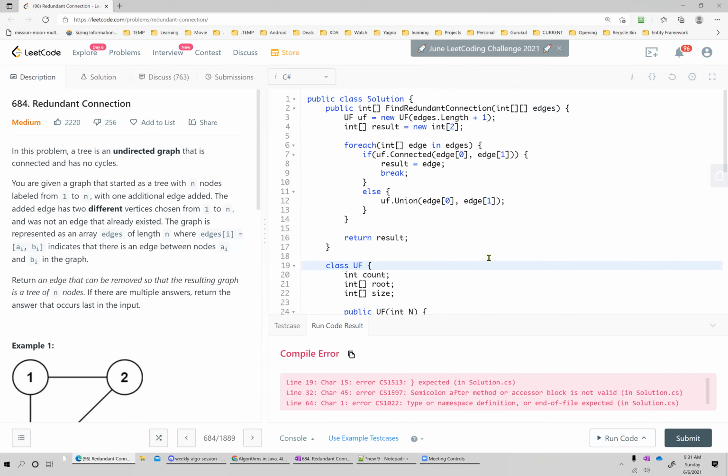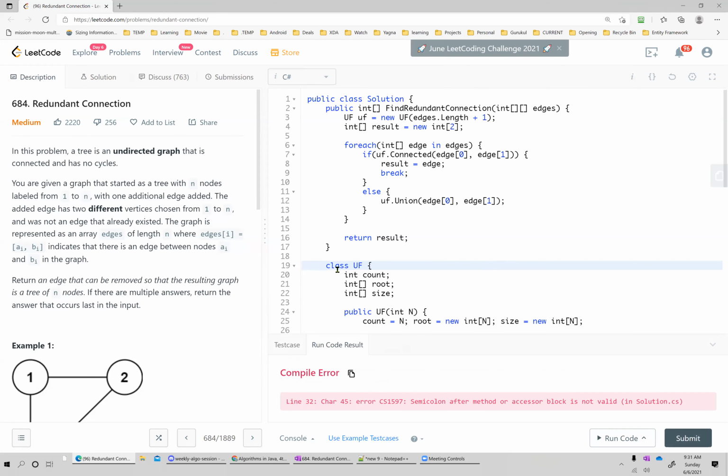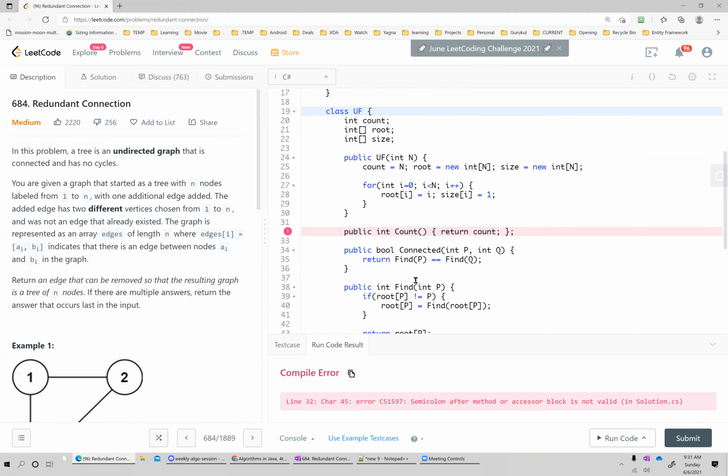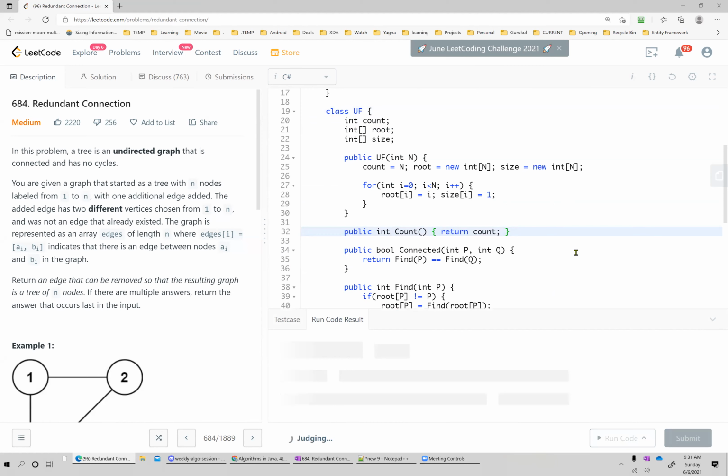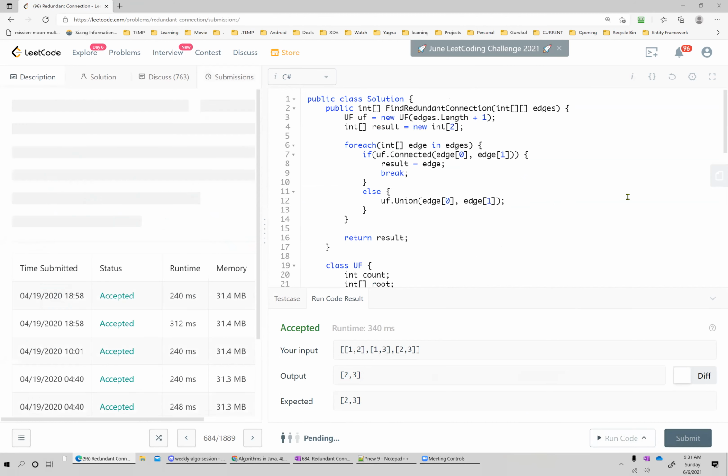No, I think it was capital C. So your UF class should have a semicolon at the end to close the class. Line number 32. Let's see that. I think something is missing here. Line number 32, this one. This is extra. Okay, looks like this is fine. Okay, let's submit.